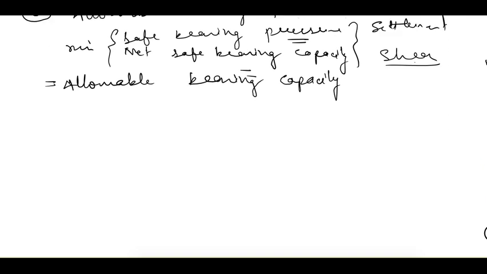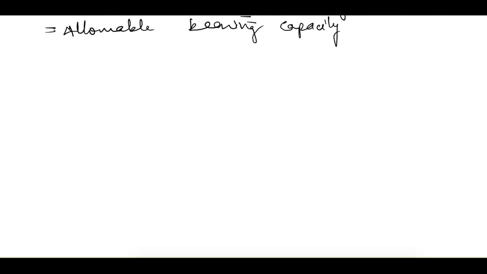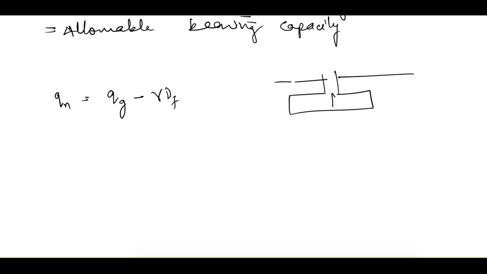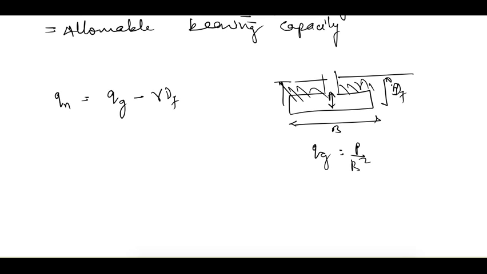These were all the definitions related to bearing capacity. Now we can see one more point. We defined the net pressure intensity earlier, which we denoted as Qn, and it is equal to gross pressure intensity minus gamma Df. With the figure, gross pressure intensity is due to the total load. If the load is P, this is B, this is Df, and unit weight is gamma, then if the soil is there, Qg is equal to P by B square plus gamma Df. So from here Qn is equal to P by B square.